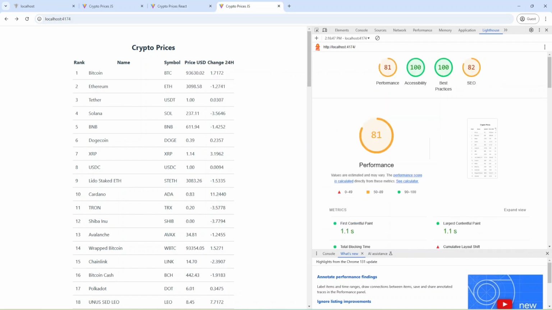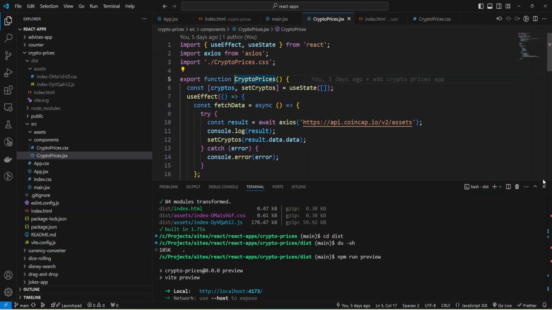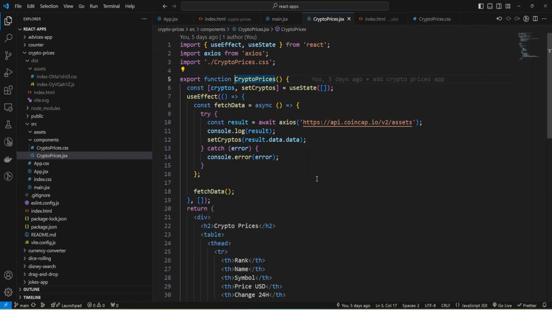Let's take a look at the code. And I opened my React project, and I can hide the panel, and we have code inside CryptoPrices component.